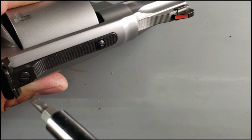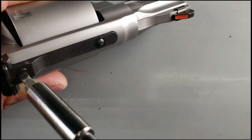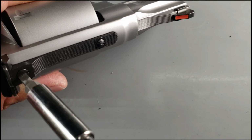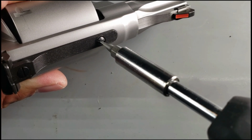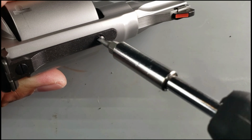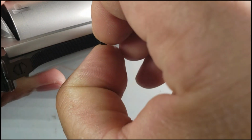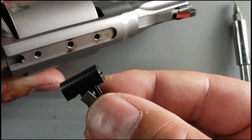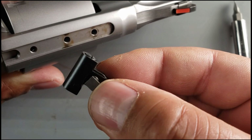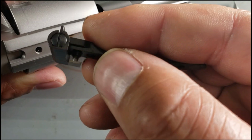Before that one comes all the way out, you do have to remove this one. You think it's just for the elevation screw, but it's actually screwed into the frame of the revolver as well. So put that screwdriver down, because I definitely don't want to scratch my revolver. Let's see here. There we go. And you see how, from Smith & Wesson, that slot right there, which controls the elevation,